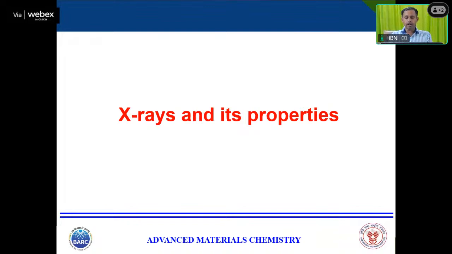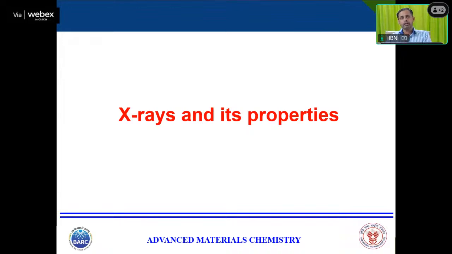So today, so far I have discussed different radiation, like X-rays (photons), neutrons, as well as electrons, and how they interact with materials. Based on this interaction, there are different techniques: from X-ray, we have X-ray diffraction, small angle X-ray scattering, and X-ray photoelectron spectroscopy; from electrons, we have scanning electron microscopy, transmission